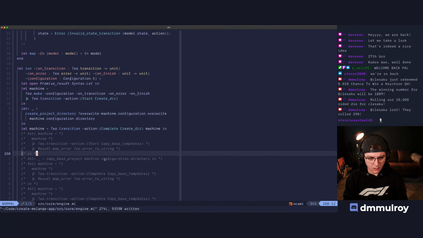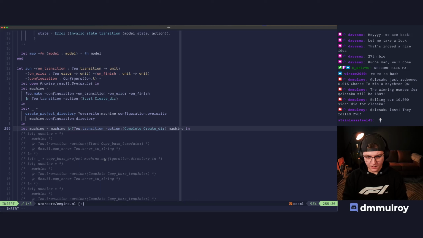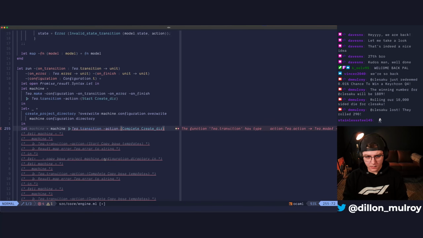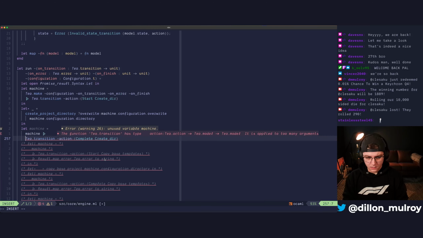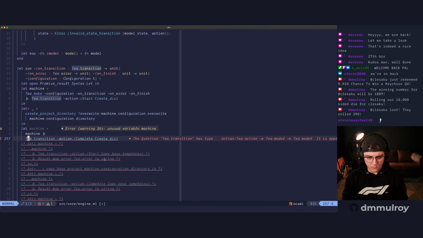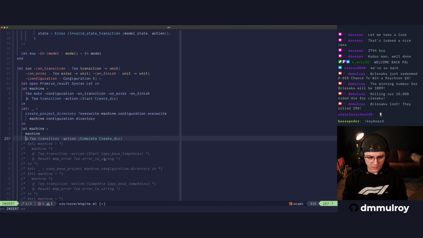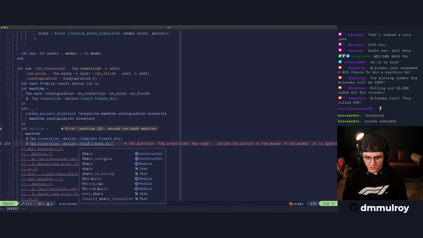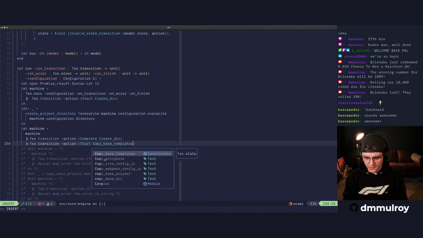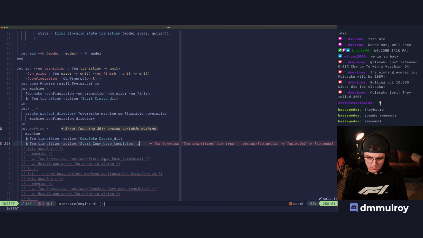And now we can come down here and we say we complete that, and then we'll map it again. We'll just say machine, pipe that in there, and jump over here, delete that, jump back here. In fact, we can just drop it down and do something more like this. And this will be start copy base templates in